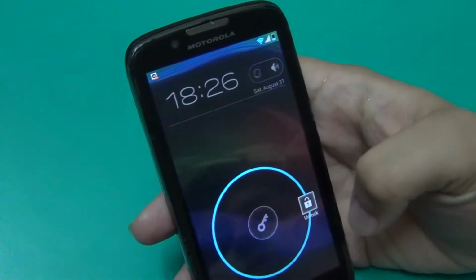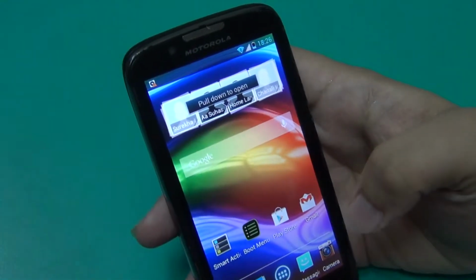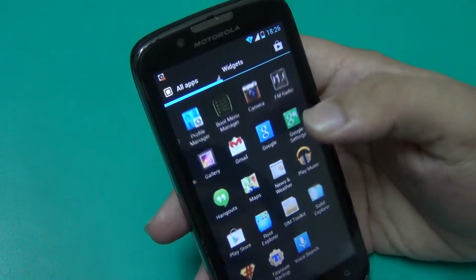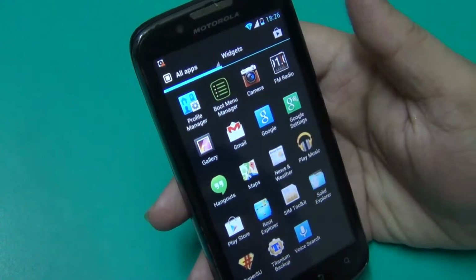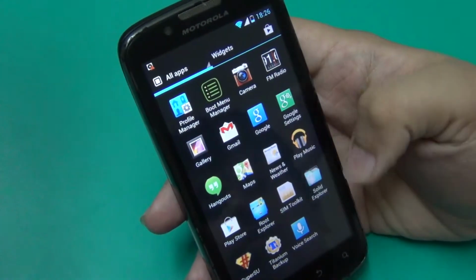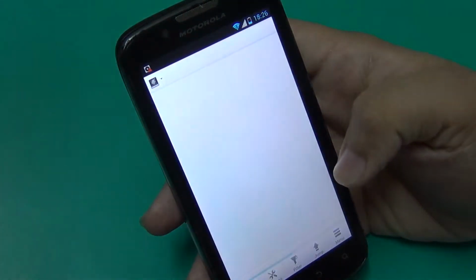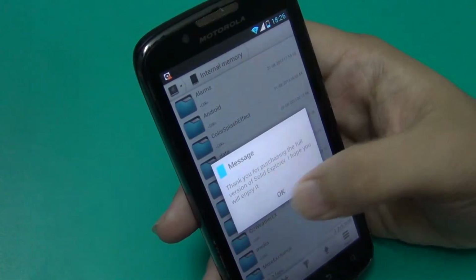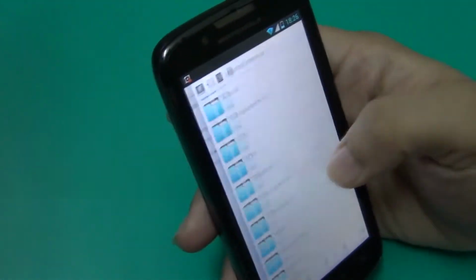I will suggest you go to Jelly Bean League 3, but if you are on ICS then you can use Boot Menu Manager, but you have to change one thing so you can easily use it. So for that,